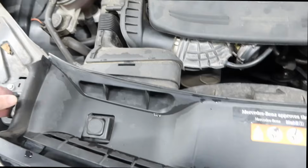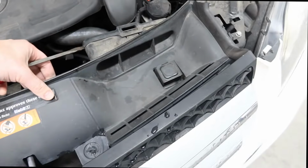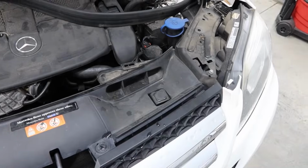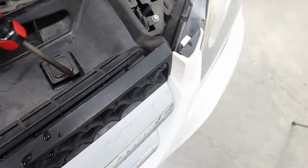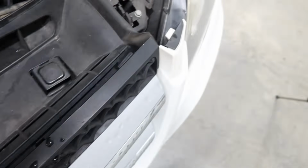Definitely disconnected now. We should be able to start lifting this piece up. Yep, there that goes. So over on this side, you can see that there are pull tabs right there and right there that you can release. So what about over here then? Because this is out. This is out. Let's just see. All right, guys, so this was the issue: there is a tab down in there that you need to take a screwdriver, put it down, and press out so that it will pop out. Once it does, you will see it's got that little tab